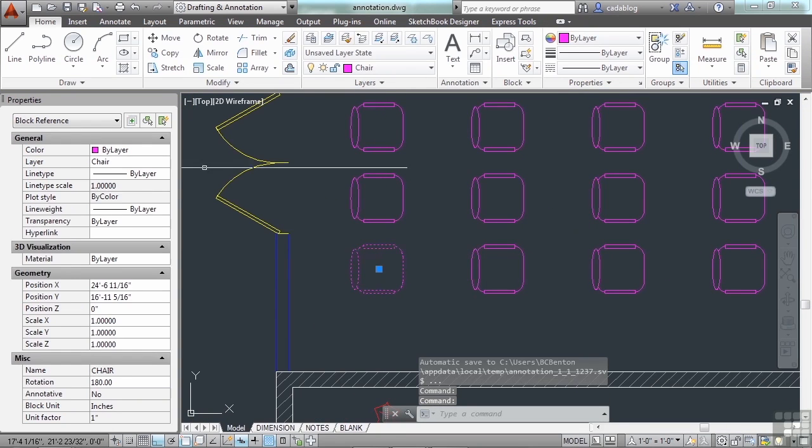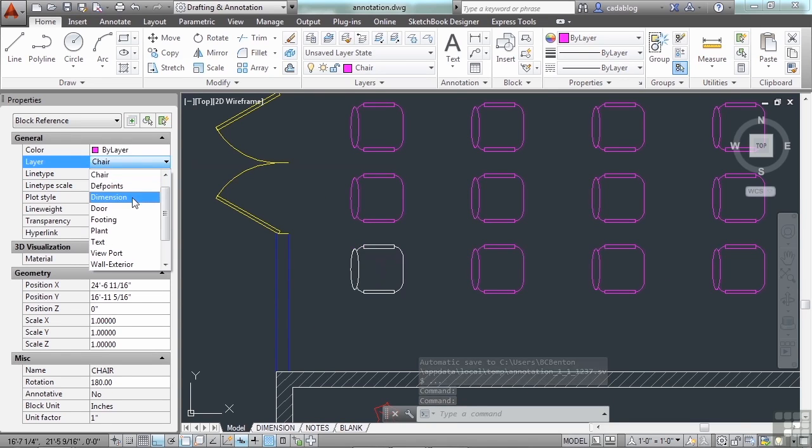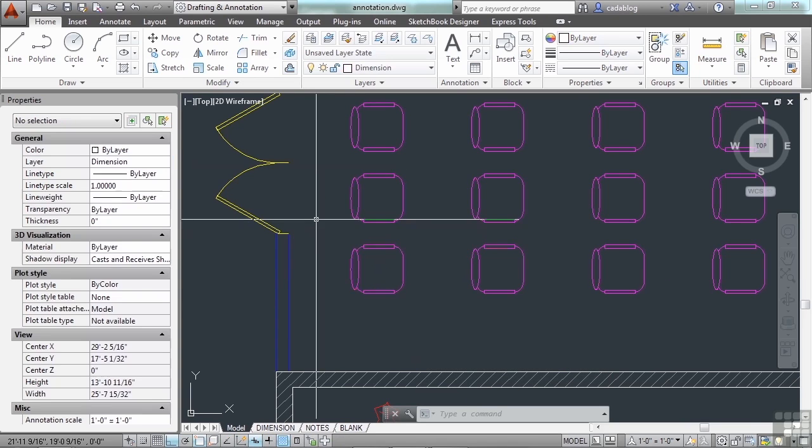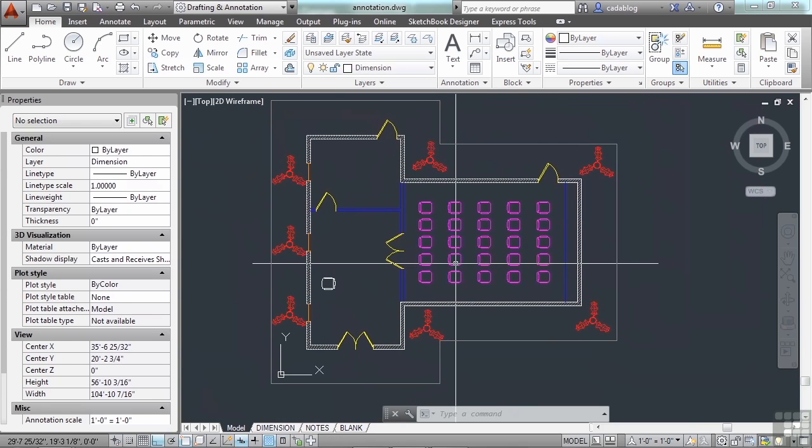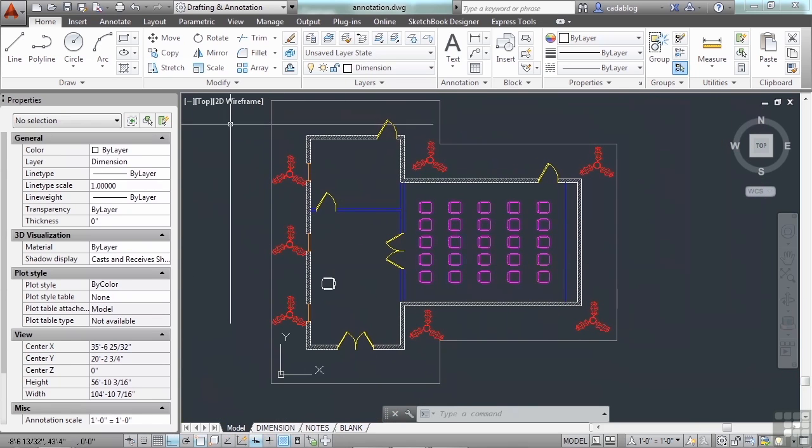It's on the proper layer, it's on chair. You can test it out by changing one of the layers real quick. Just getting a preview, say yes, it's working the way I want it to. Fantastic. So now you know how to edit a block, and you've found a couple of different ways on how to make those changes. Typically, you're going to want to use the block editor.